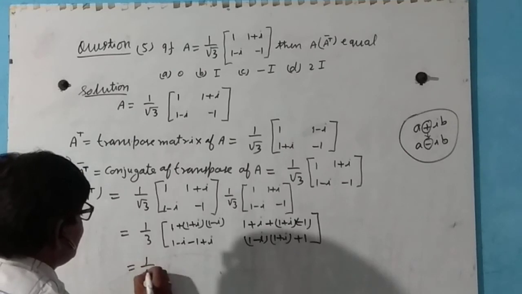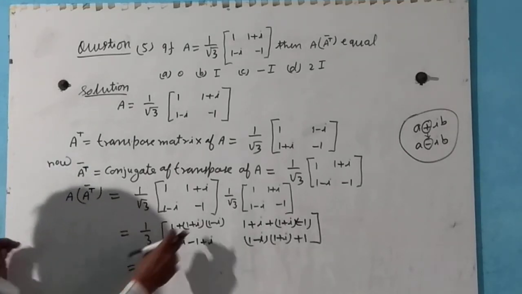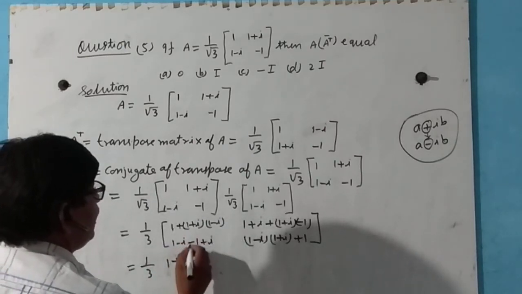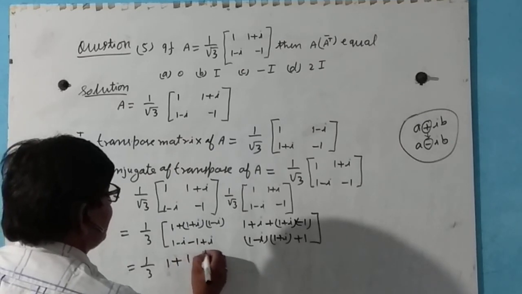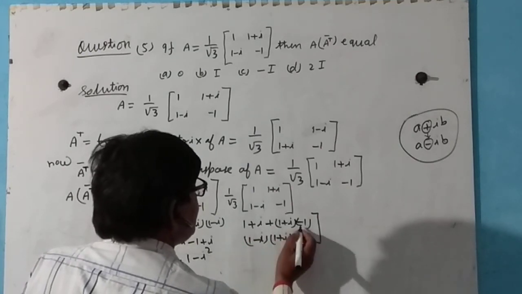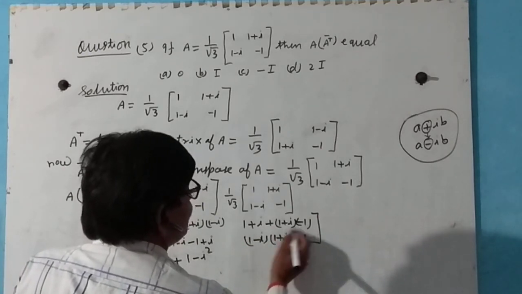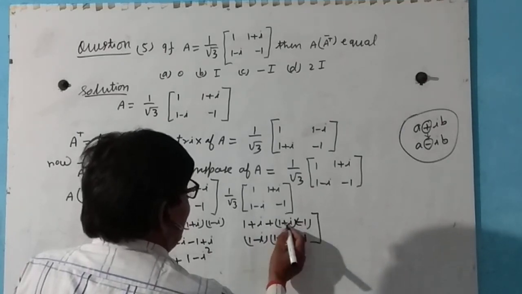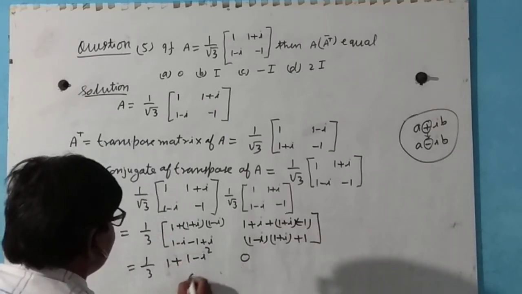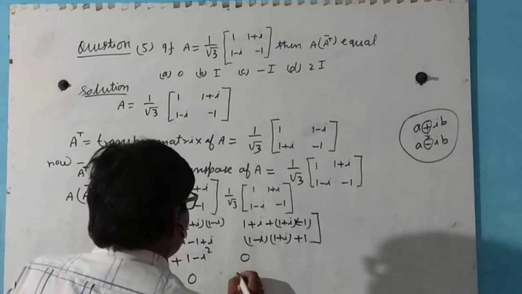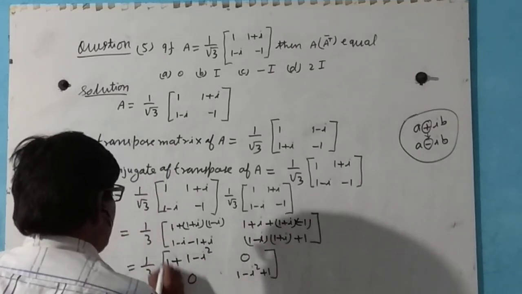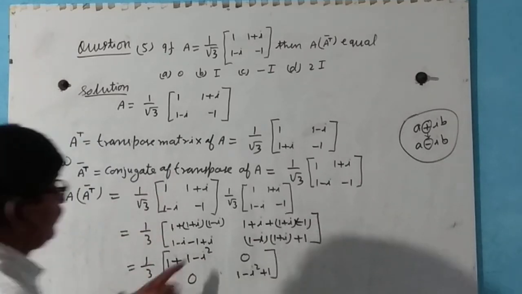Now here 1 by 3, using a plus b into a minus b equals a square minus b square, 1 plus 1 minus I square. Here we multiply, the minus 1 and plus 1 cancel, and the I terms cancel, so that this is equal to 0. This is also equal to 0, and this is 1 minus I square plus 1 here. Now I equal to